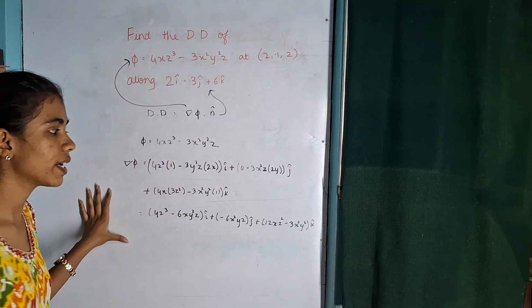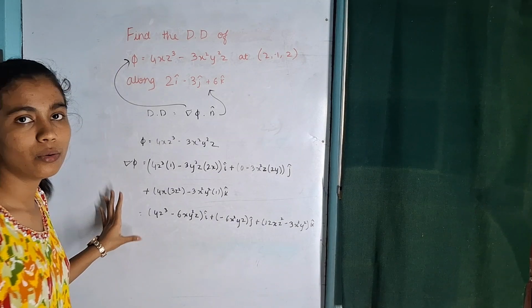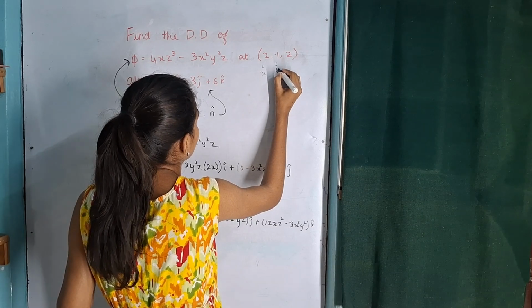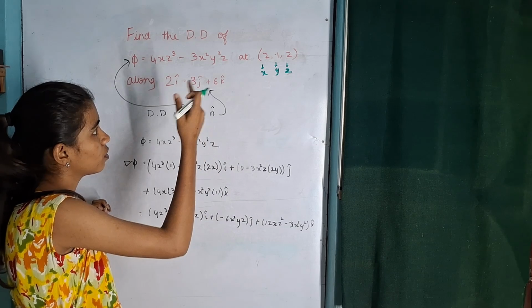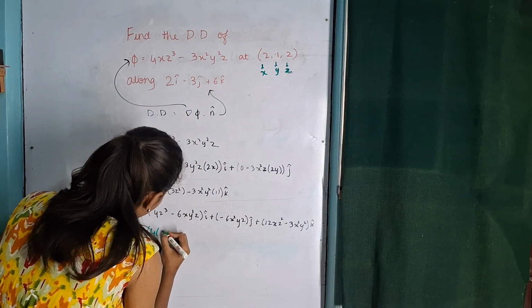So this is what we get after simplifying the del phi. So now let's substitute the values of x, y and z. Wherever you find x, y, z, substitute those values. So after substitution we get